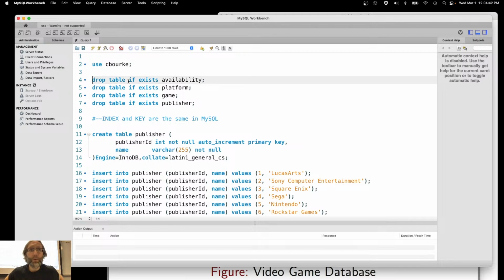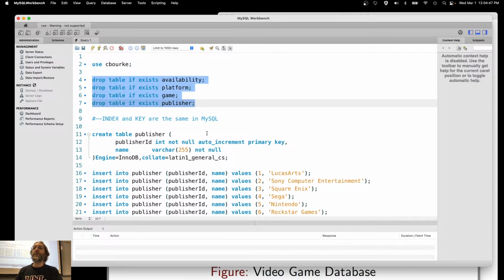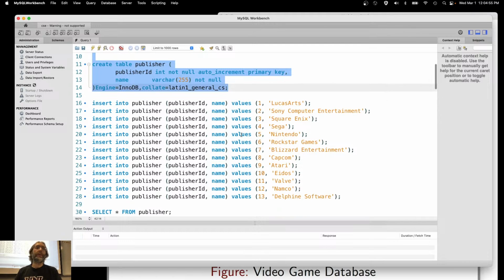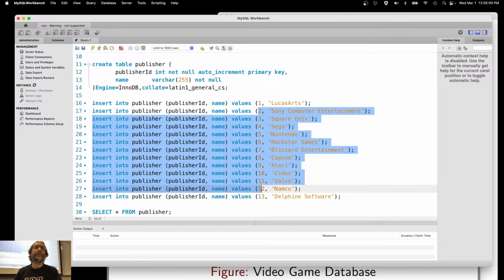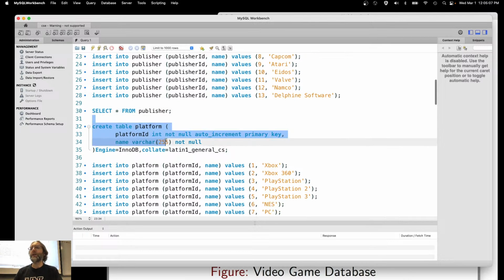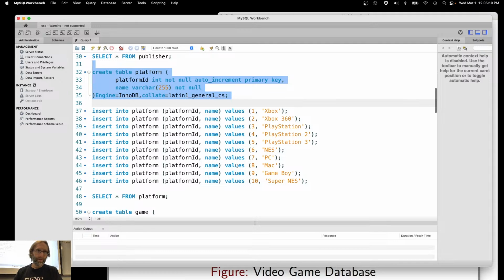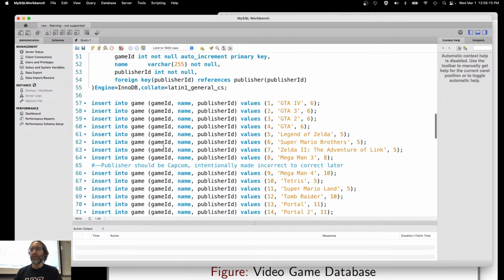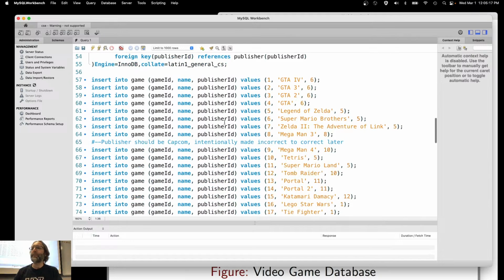Eventually, after we're done with CRUD, we're going to design our own tables. These are dropping the tables if they exist, because it's going to want to recreate them. We'll create the publisher table, insert a bunch of publisher data. Again, this is just test data, so I hard-coded all these values, all these primary keys right here. I made sure that it worked by selecting all the publishers. I created the platform table and a bunch of platform data. I created the game table and a bunch of game data, mapping it back to the